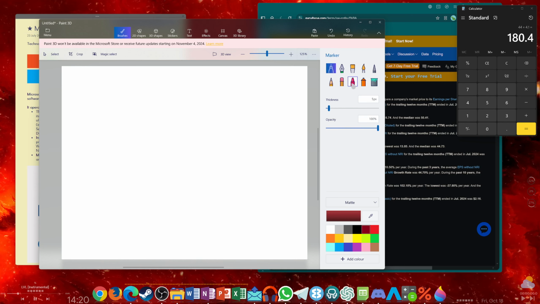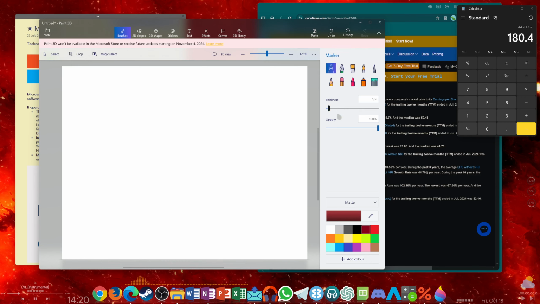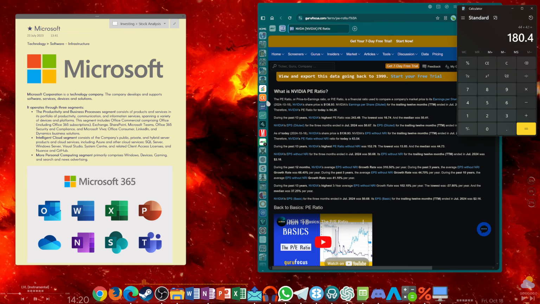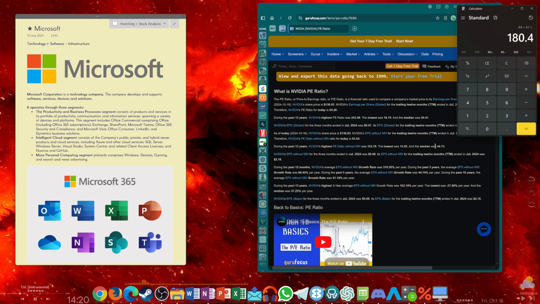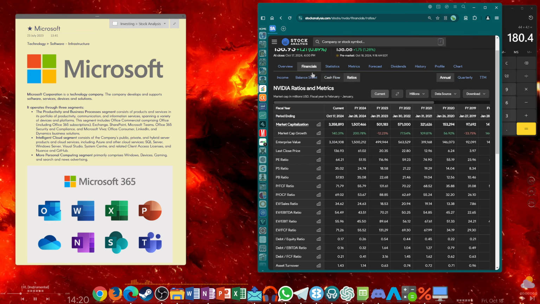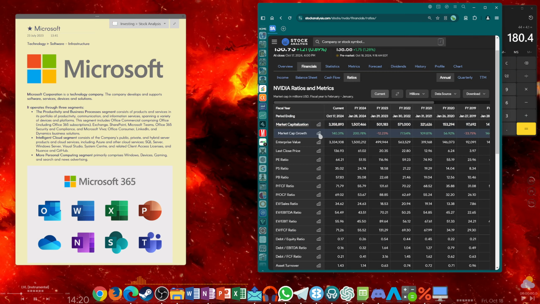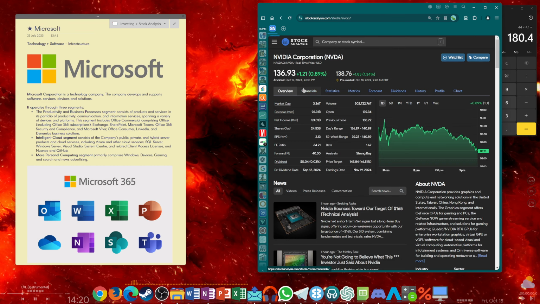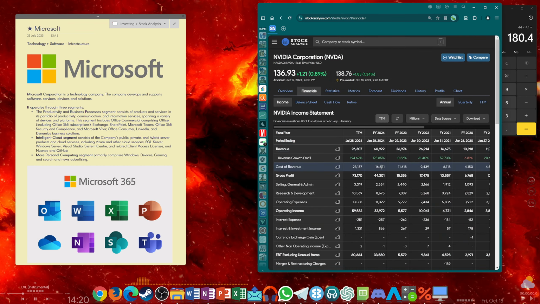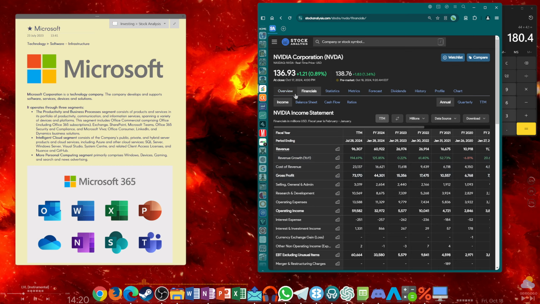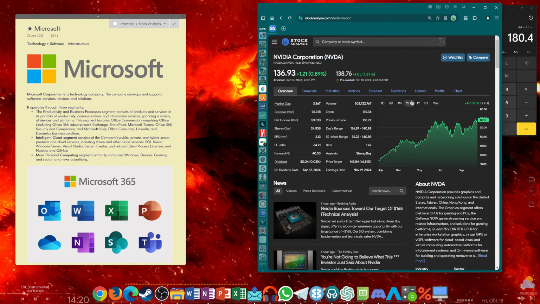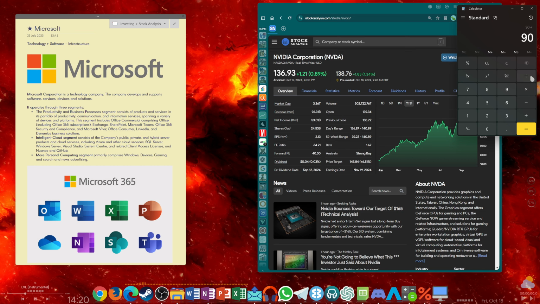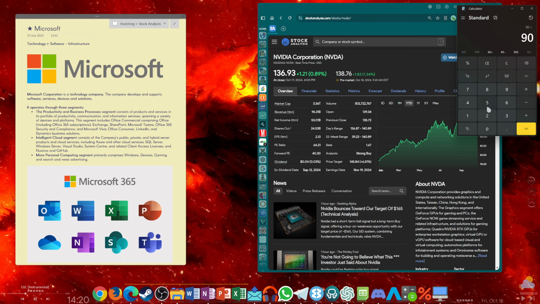Let's see if I've got anything else. So yeah. Like I said, Nvidia has grown a lot in market cap, a lot in financials in the past 2 years, which is why the PE ratio is as high as it is. Now, the lowest you could have bought Nvidia, I believe, was about $90 earlier this year,